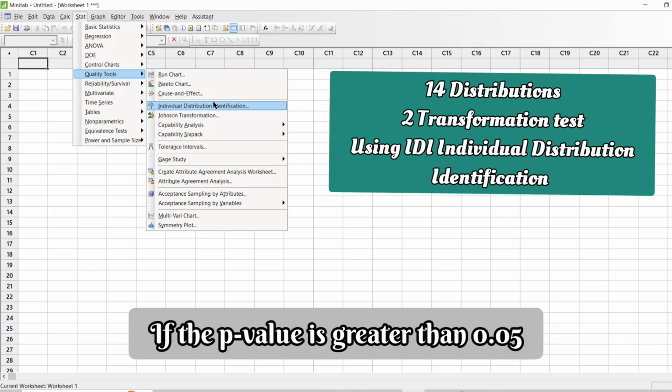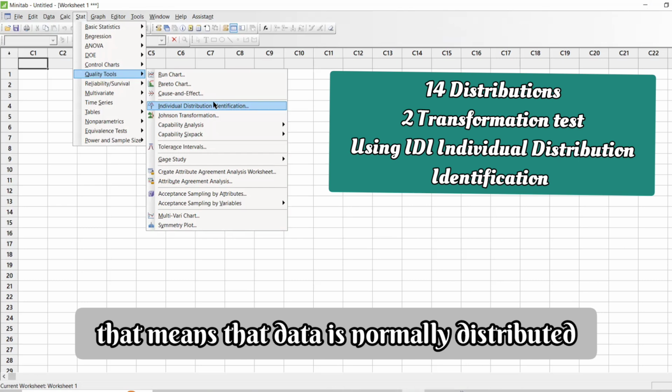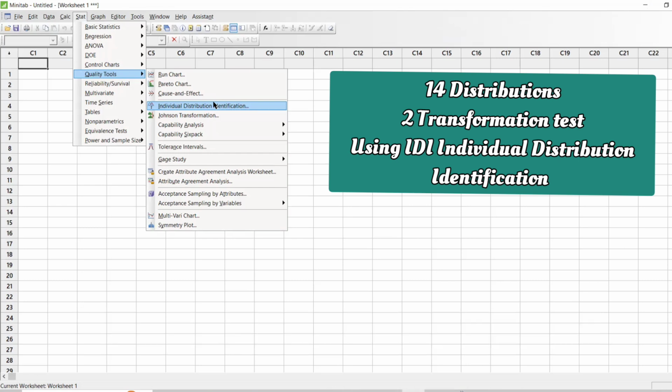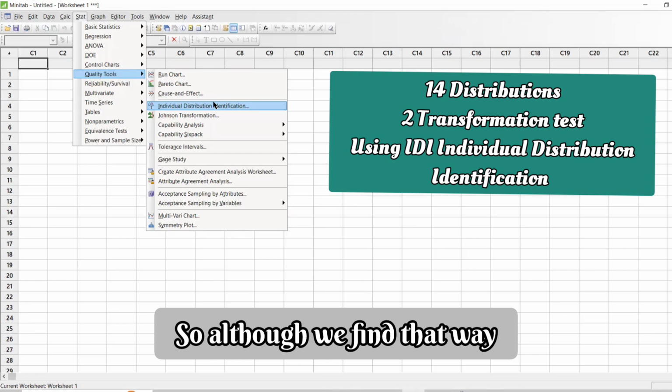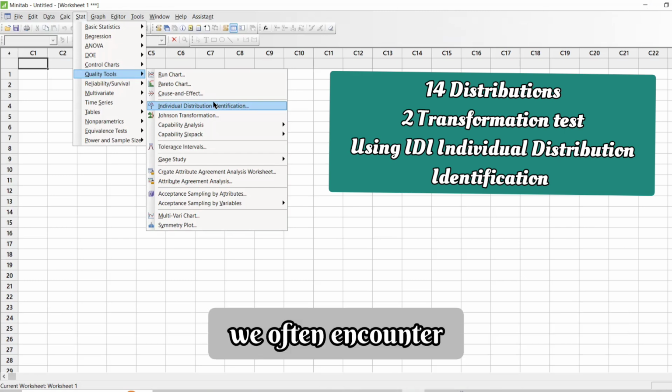If the p-value is greater than 0.05, that is 5%, let's say 37% for example, that means the data is normally distributed. So although we find it that way, if the data comes out to be non-normal, we often